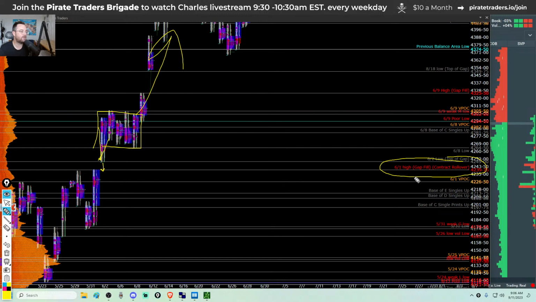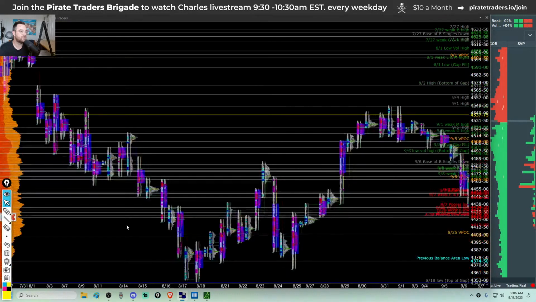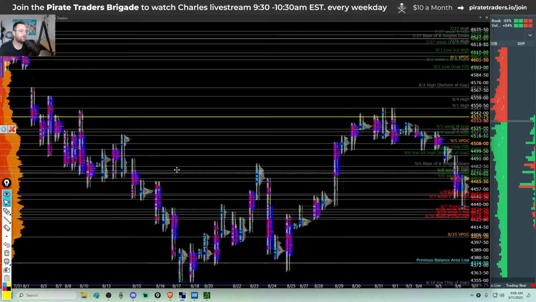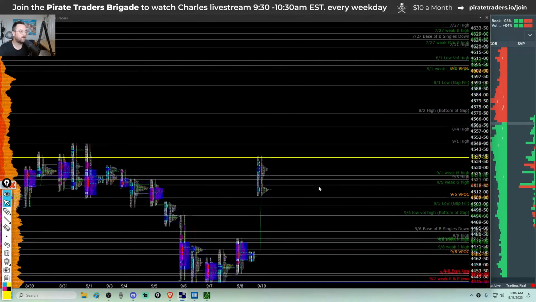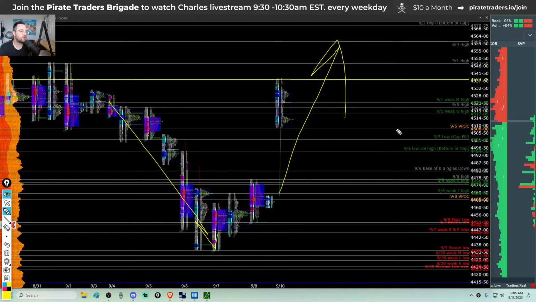So that doesn't mean we can't fill the gap this time around, but it is important to note. It is very rare for the market to leave unfilled gaps, and one would assume a gap from a contract rollover would need to be backfilled, but we now know it does not. We can still get a gap and go. So we're going to treat it like every other gap, which is we are going to assume that it is a sign of momentum to the upside, that the market is done going down and it's ready to start going up. So we are going to assume today that the market has momentum to the upside,